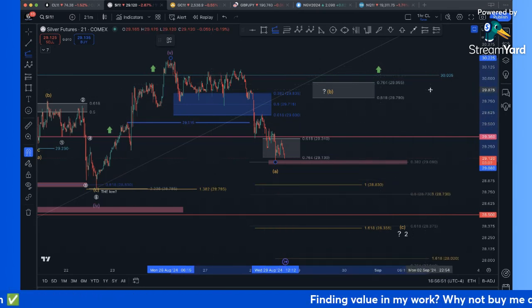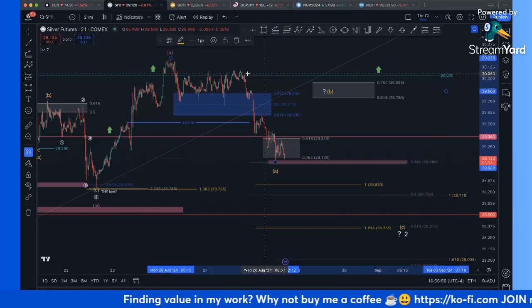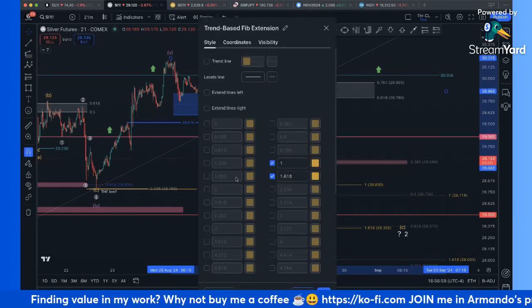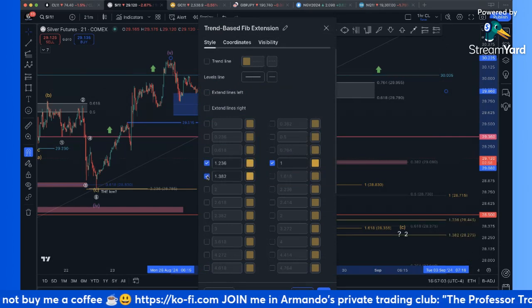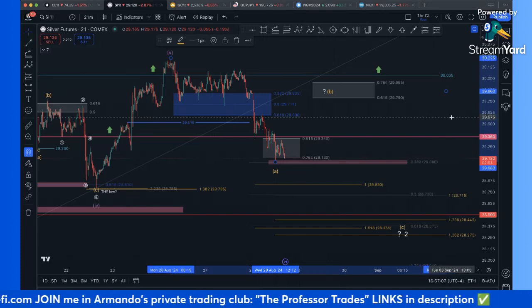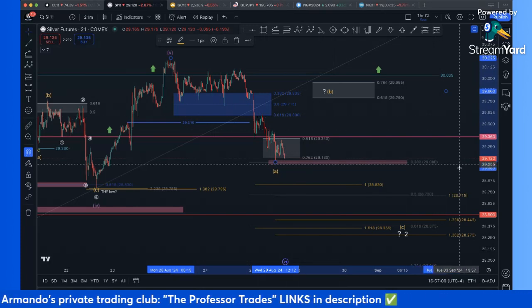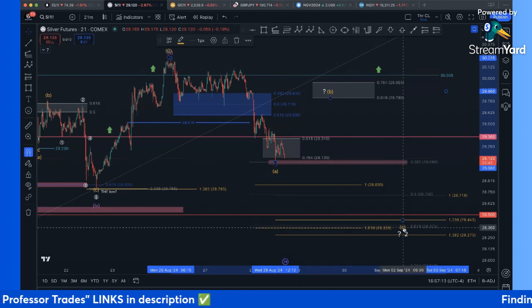Anyway, if this gives a B wave bounce up to here, I'm going to adjust the fib. The typical fibs for a C wave are the 100 fib, the 1236, and the 1382. And now look, this is just me throwing some fibs on here, right? You saw me just do that. And what's interesting to me is I had put this C wave on here as a speculative